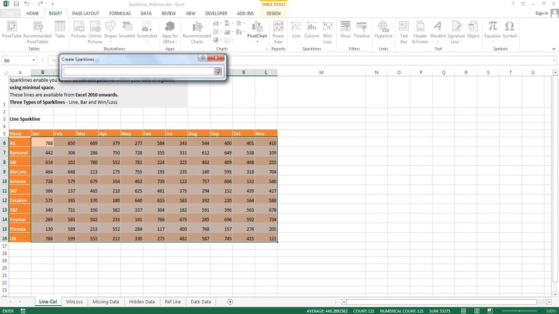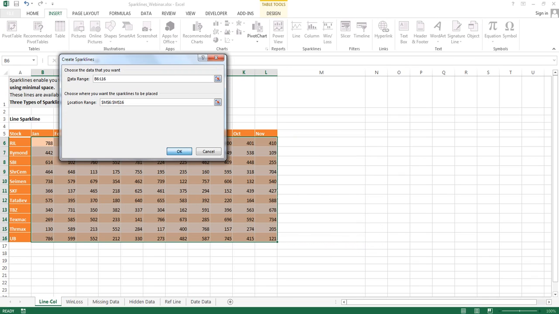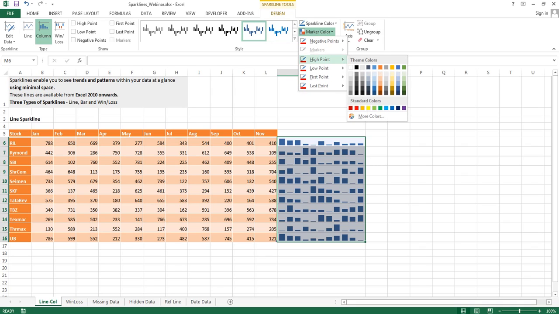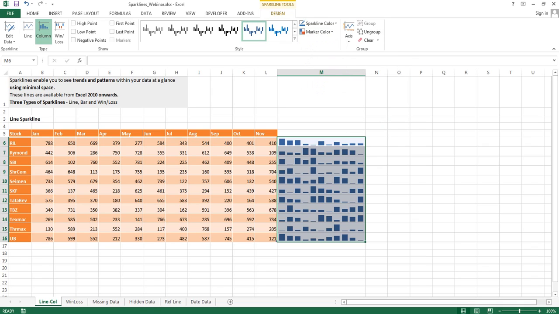Again give the location of how I want to develop them and click OK. So these are spark lines which are of the chart type, column chart type. Again we can do the similar features. We can have the high point, low point or the negative point. We can color the first point and the last point. We can change the color of the column charts. We can change the color of the markers. If you're giving a high and a low marker, then again we can change the color of the marker. So this is what a column spark line looks like.